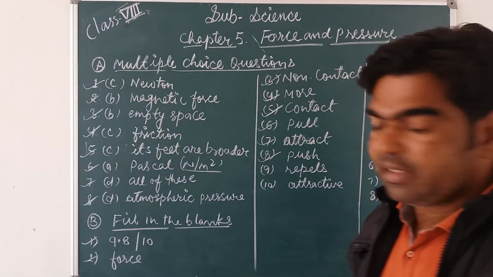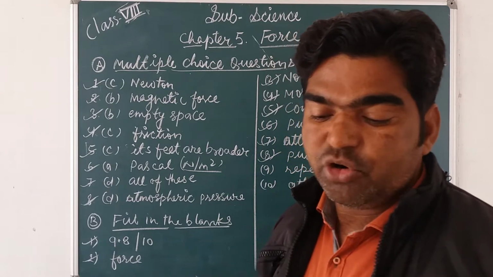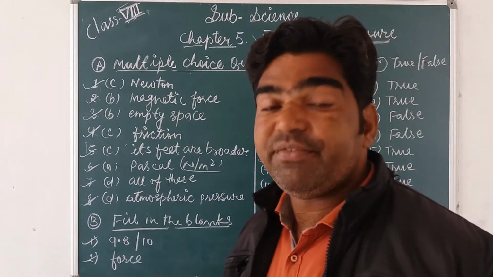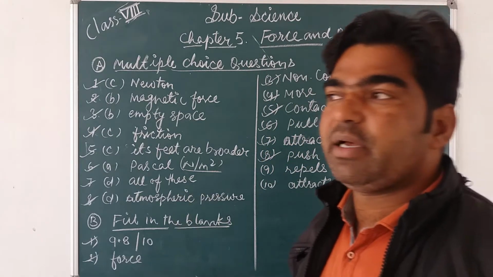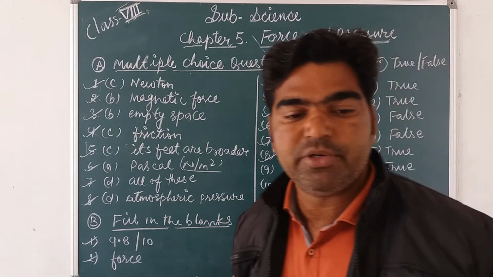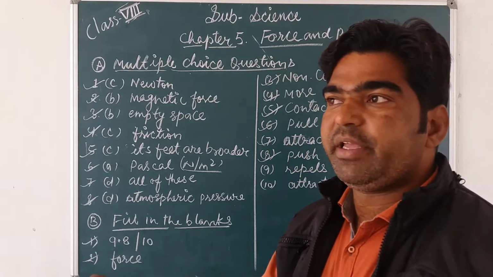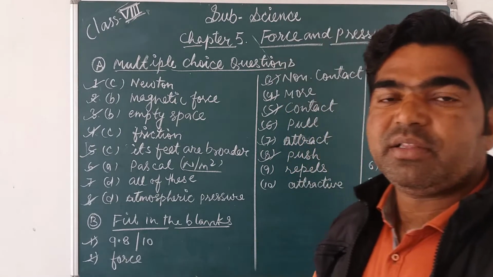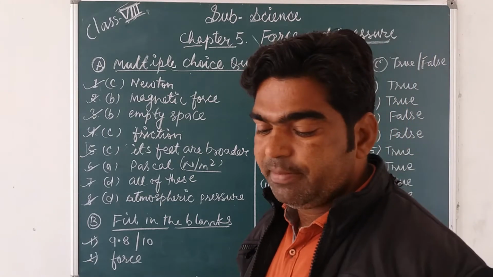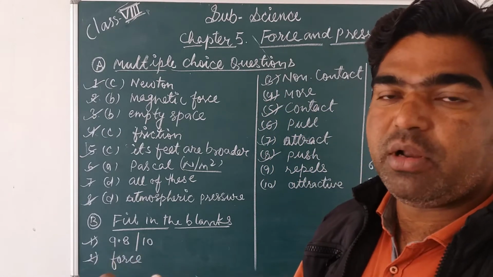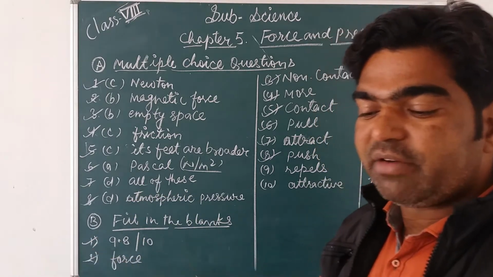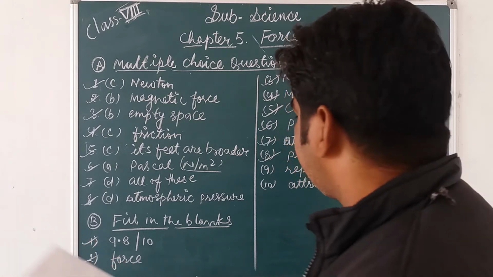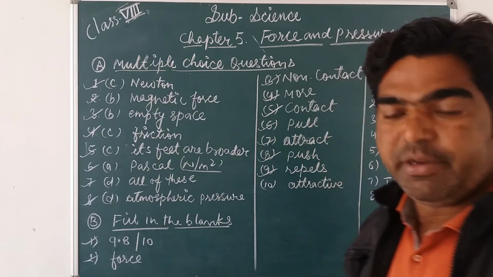Okay, now next, 9th: the north pole of a magnet blank the north pole of another magnet. The same pole, as we discussed during the class time, when we bring the same poles nearer to each other, what happens? They repel each other. So if both north poles come near each other, what happens? It repels. So the north pole of a magnet repels the north pole of another magnet. 9th one: repels.